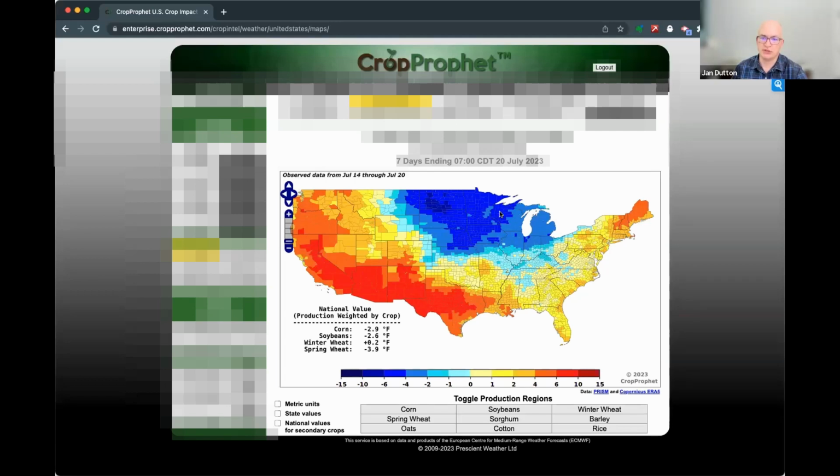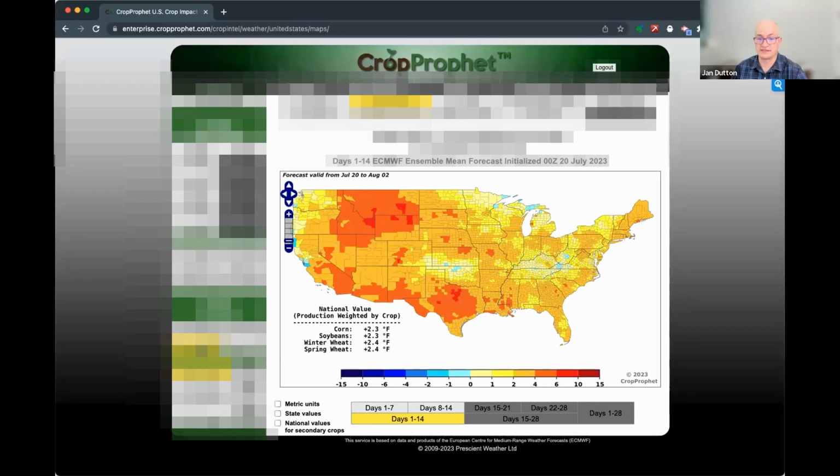And we see the blue areas are colder than normal conditions, and the red areas are warmer than normal conditions. And so within the application, we're showing conditions for specific months over the last 7 through last 180 days. And then we're also providing information about the forecasts as well.